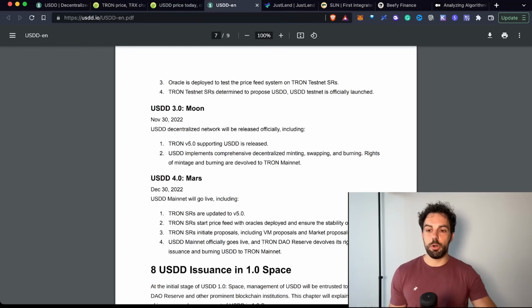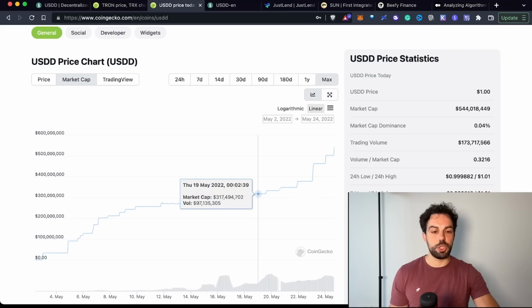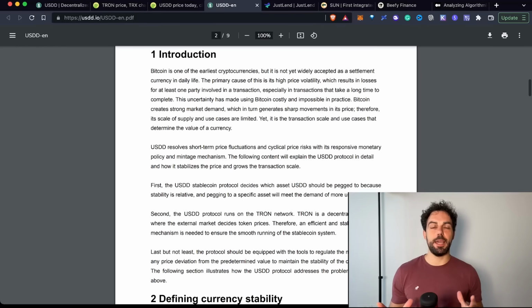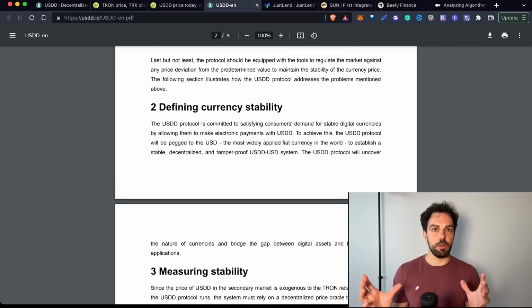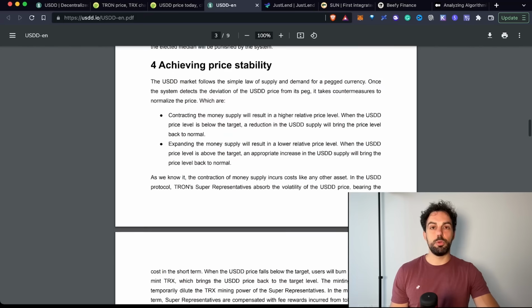To be honest, we still don't have enough details on how the whole process will work. The only thing that we know right now is that, as you can see from the chart, they are minting it, and they have been minting quite a lot, because in not even 3 weeks it has gone from 0 to $500 million. And the other thing that we know is that the treasury behind it is something like 10 billion. So it is quite a different situation, because we have a centralized entity behind USDD, claiming to have around 10 billion to use to sustain the peg.